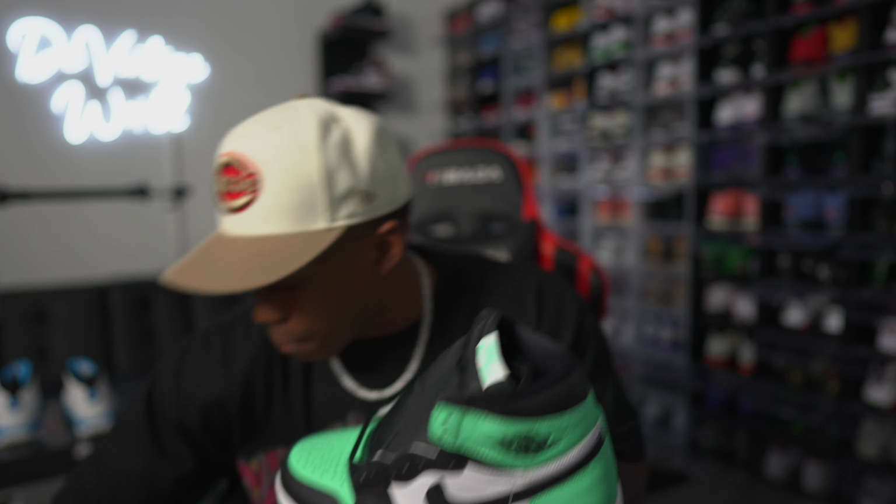We got these Green Glow 1s dropping, and these did shock drop, I believe. Yeah, they did shock drop on the SNKRS app during their sneaker preview for the spring and summertime. And it was the Artisanal Reds, and it was also the Shadow 1 Lows. Took L's on everything, but I did go out and snag these joints because they were going for the low,